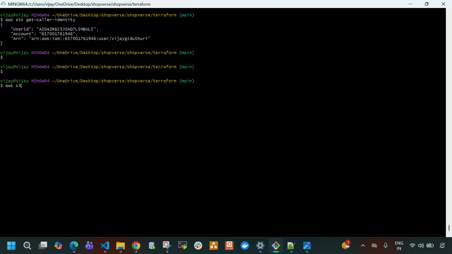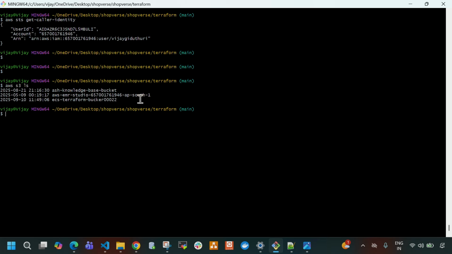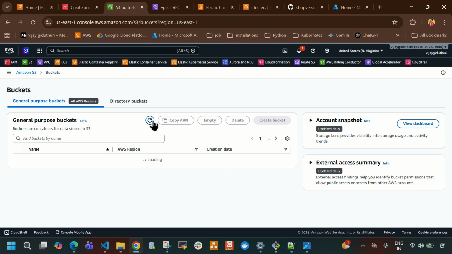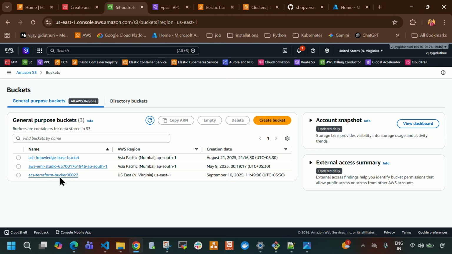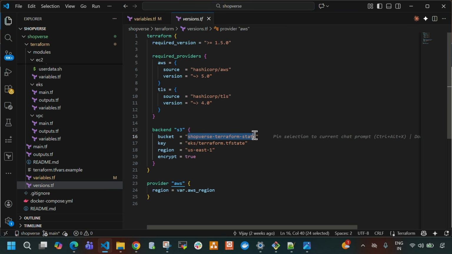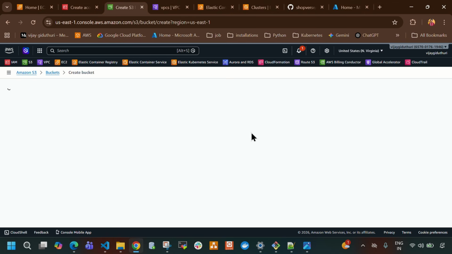So now let me do aws s3 ls. We need to create an S3 bucket, guys. Here you can see we have three S3 buckets. Let me come here, open the S3 tab and refresh this. Here you can see we have three S3 buckets. So let me create a new S3 bucket to store the Terraform state file. Let me open this, and I'm going to create it with the same name. Let me copy this and select Create bucket,